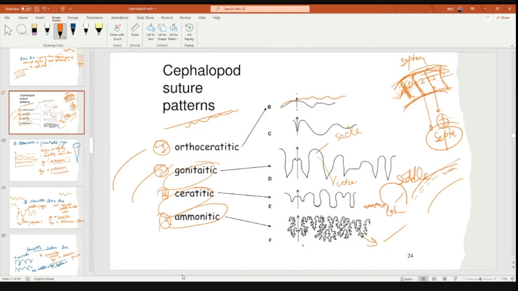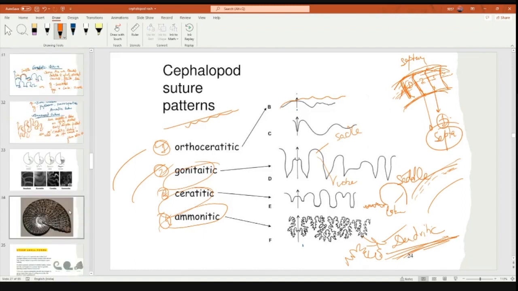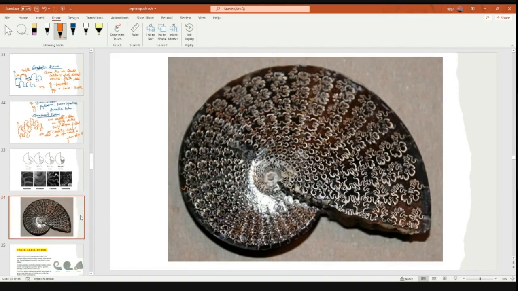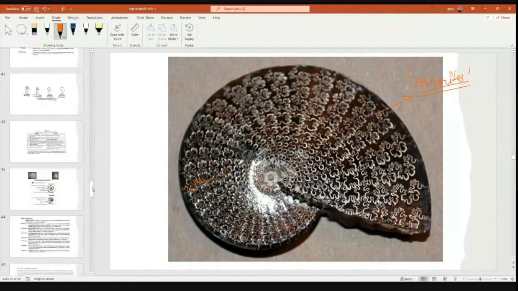What kind of pattern do they resemble, guys? Can you tell me, from the last class? Dendritic, ma'am. Exactly, it is dendritic. The dendritic pattern resembles a very beautiful flower-like structure. This is just a fast recap. You can see this is the ammonitic suture. It is very prominent, and the ammonoids are already extinct, not present at this time. Only fossils are preserved.